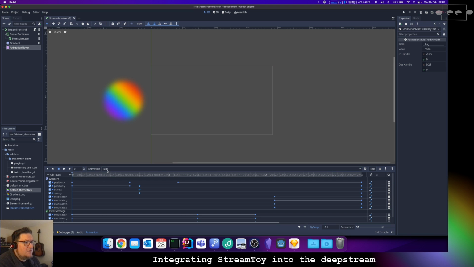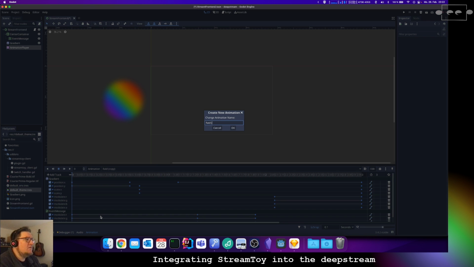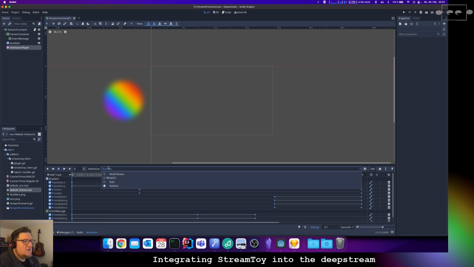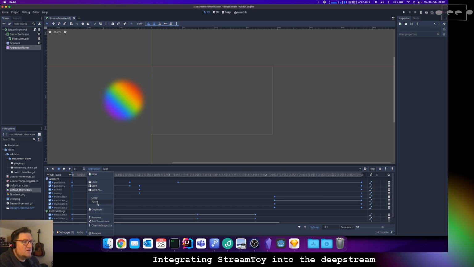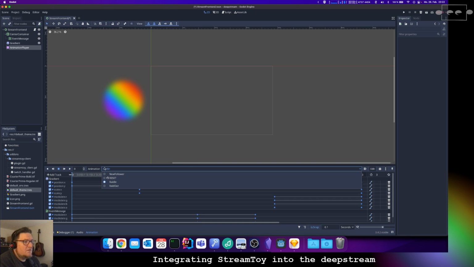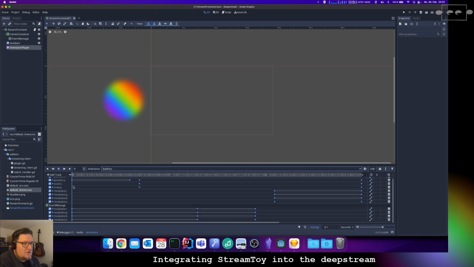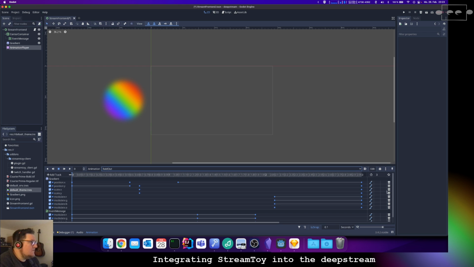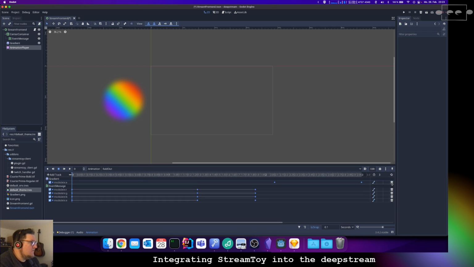But for raid we can't play it backwards. We just have to raid out and rename the first one to raid in. So raid out, and we remove all the gradient stuff in here. And we just